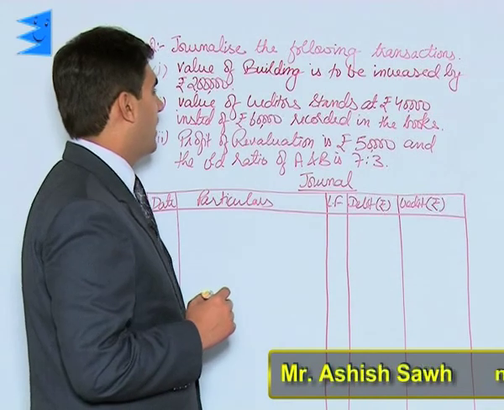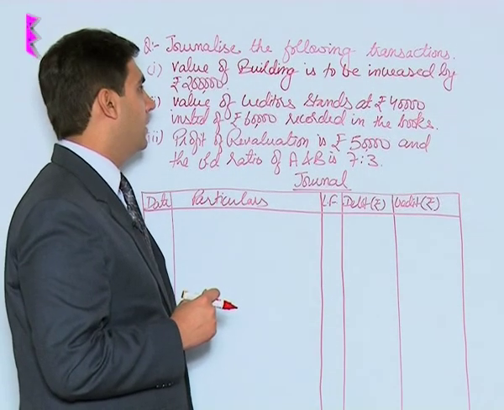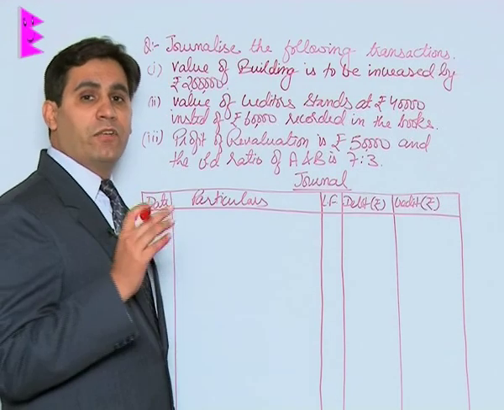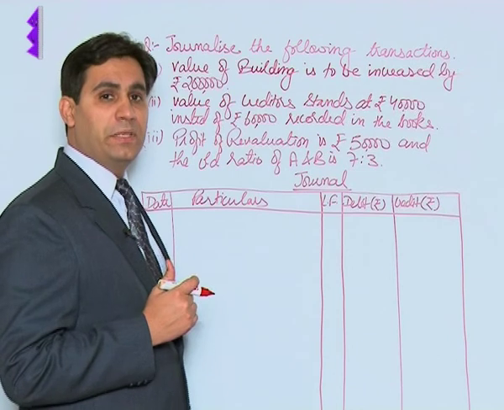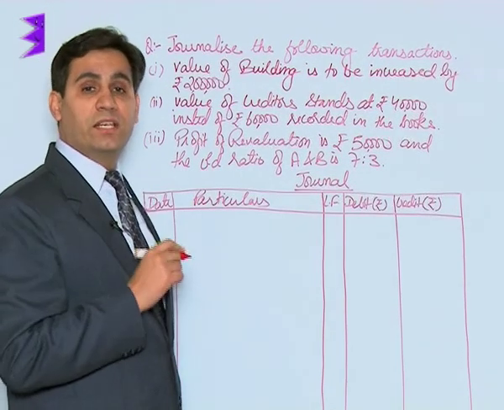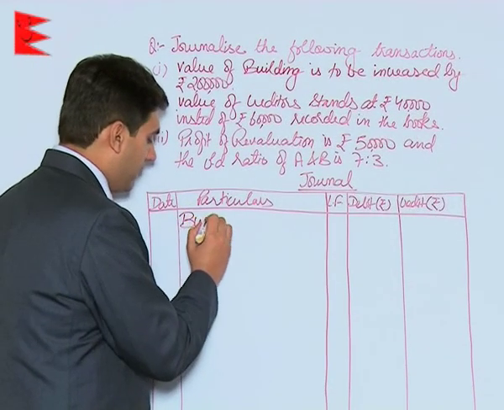Journalize the following transactions. The first transaction is value of building is to be increased by 2 lakh. Now students, in case of admission, the value of building is increasing. That means the value of asset is increasing. We will record this in revaluation account. So the entry would be building account debited